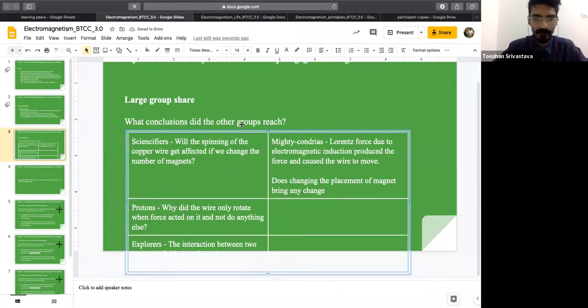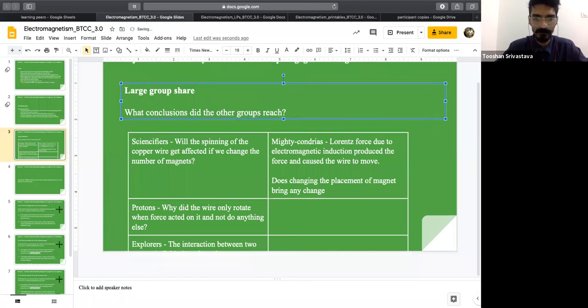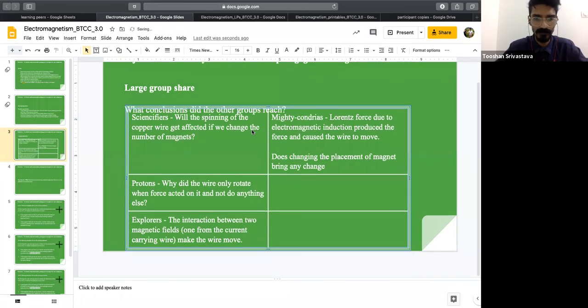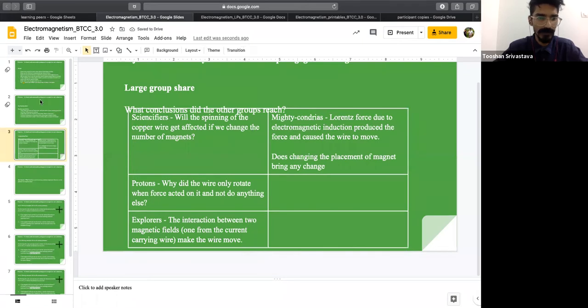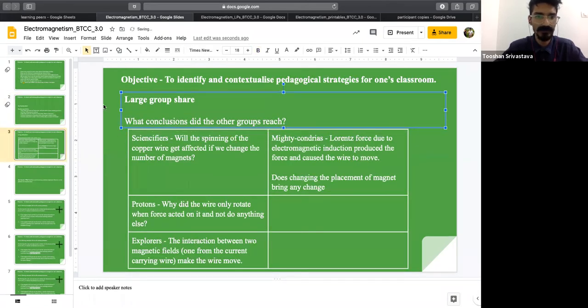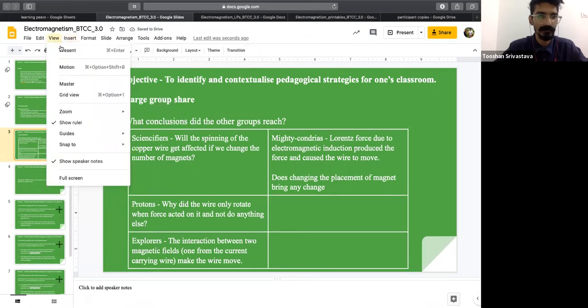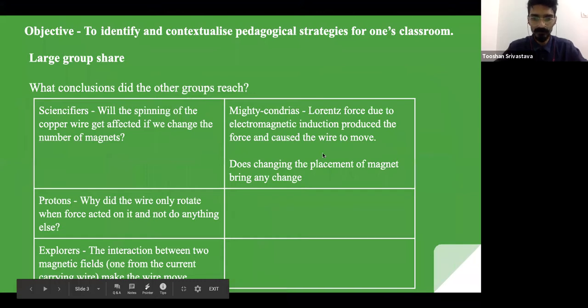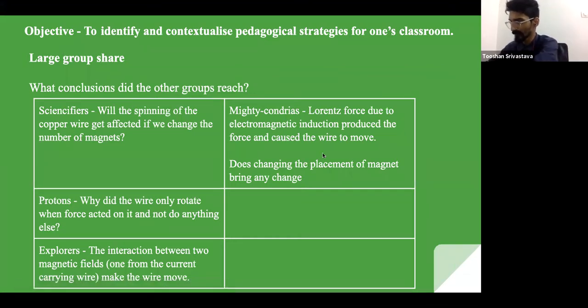Okay, so I'm just going to present this on the screen and give everyone about a minute to go through the conclusions that other people have shared. And then we're going to go ahead and see if we can address any of these through further experimentation and demos. So let me present this. All right, let's take a minute to go through this while I also prepare to answer some of these questions, and then we're going to address them together.